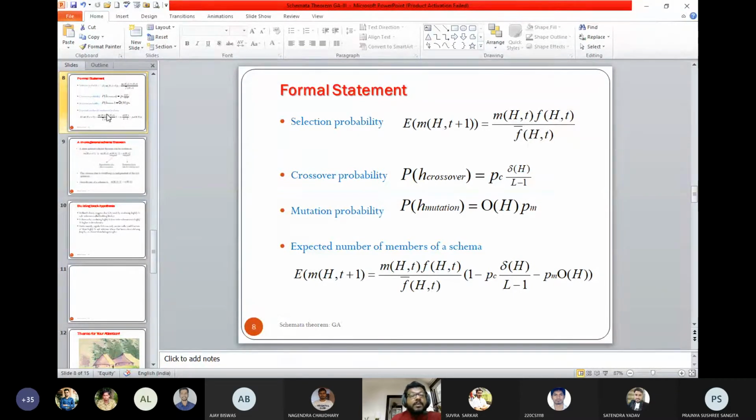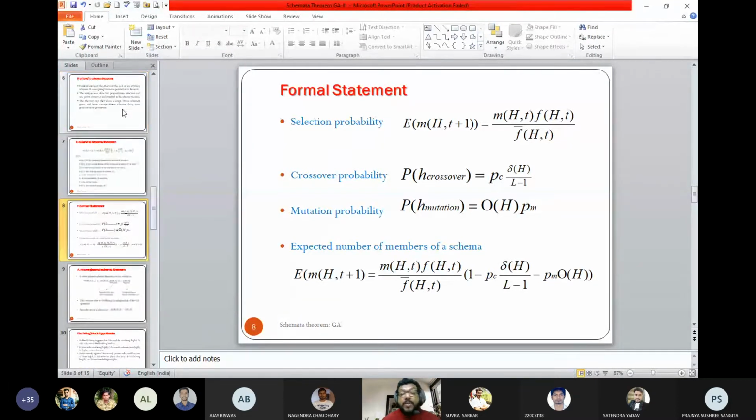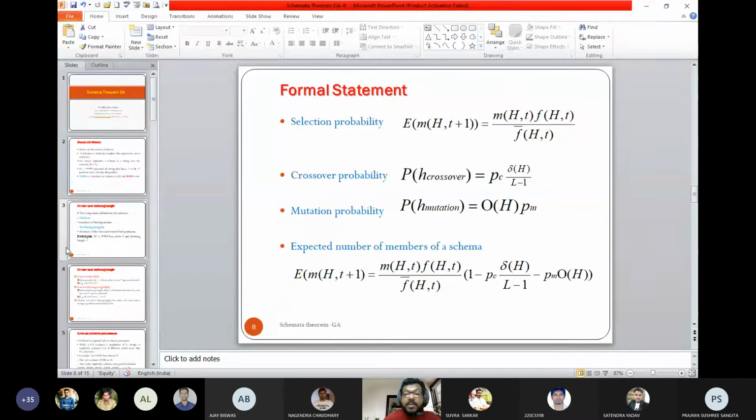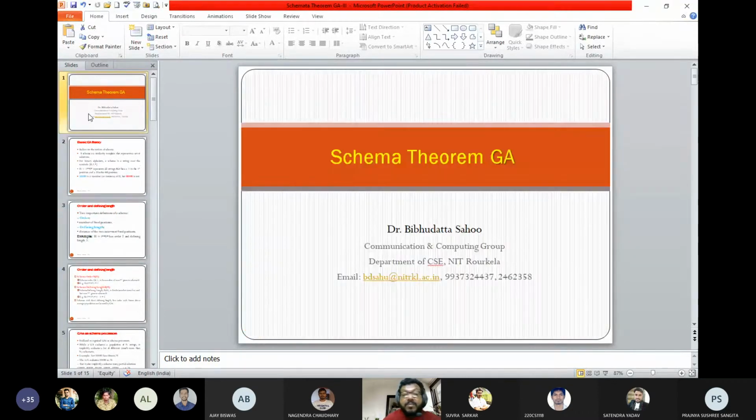So that is from my side on genetic algorithm and the schemata theorem. I'll be loading only one PPT for schemata, because I have to merge those 3 PPTs with whatever is required for you. And I think I have not uploaded the other slides of the GA. I'll be doing that. So any other question?